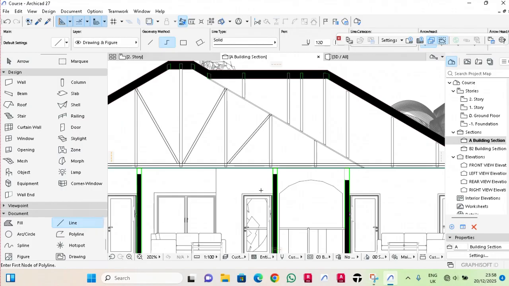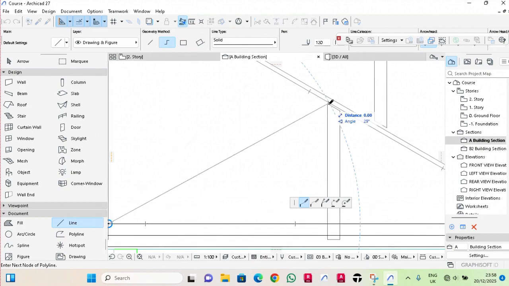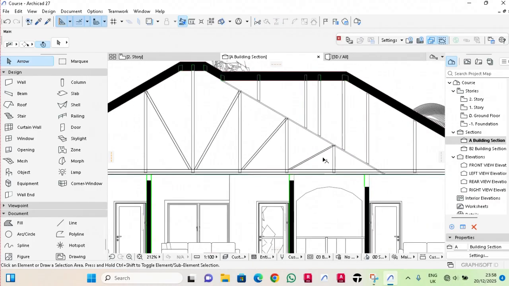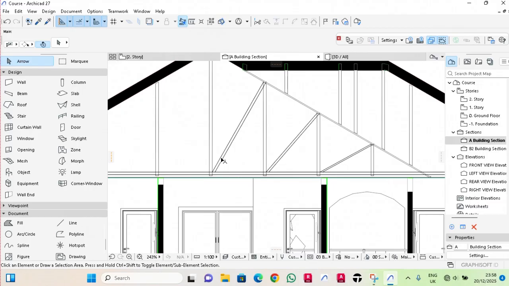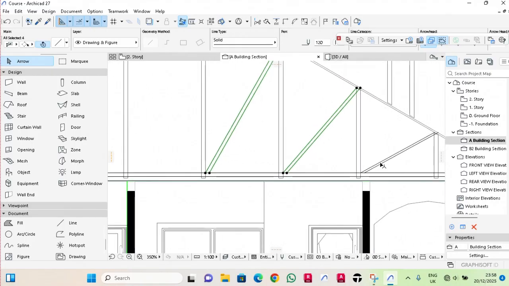Select a line tool, pick from this point to this point, right click OK, Control Shift D on your keyboard, make a copy, type in 0.075, press enter. So we're just going to get rid of these two lines. Select these, shift this, we're going to select this and this and this,